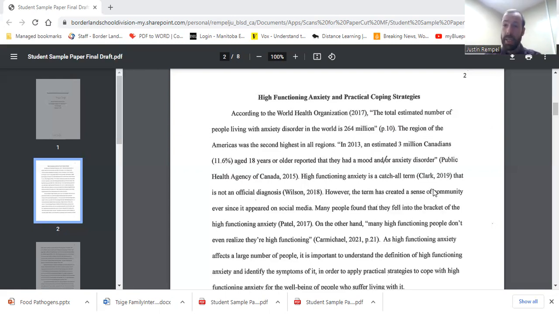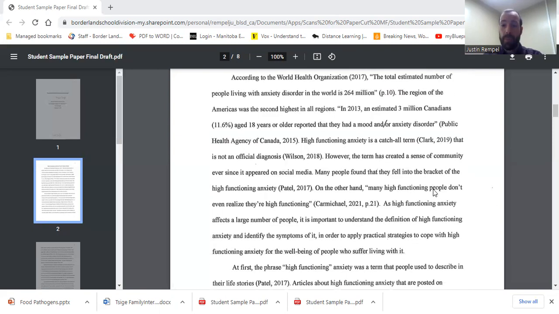In this case, the name of the organization, who is the author, is included in the text. It's in the actual sentence that the writer records. So we don't need to include it again in the in-text citation, just the year is fine. Direct quotations are in quotation marks and they're properly cited. Where there is information that is not the author's own, it is from a different source, that is also cited